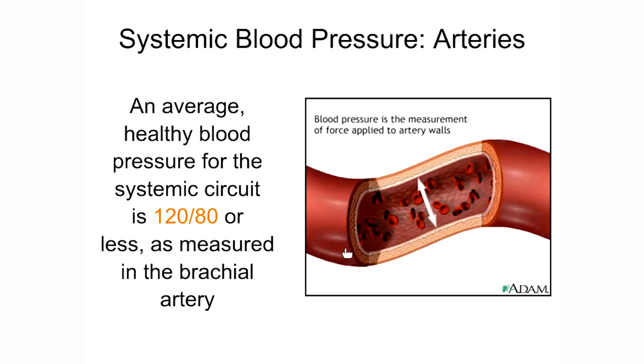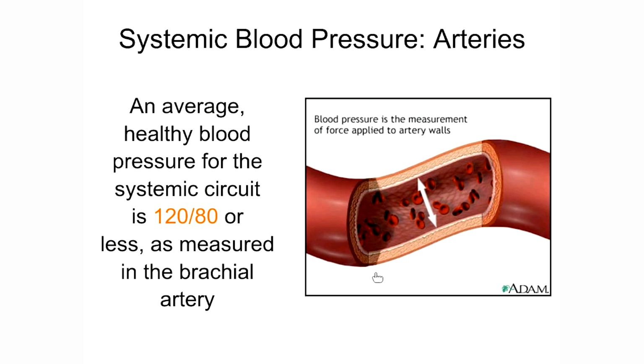Basically, blood pressure is the force that is applied to blood vessel walls by the blood that's contained within it. So if you look at this little vessel here, we've got a portion of the wall removed so that we can see inside. And we've got some blood, which is cells and fluid, contained within this blood vessel. And that fluid, the blood and the cells, is putting a pressure. It's applying a stretch, basically, or a force to the blood vessel wall. And when we're measuring blood pressure, that force, that stretch, that pressure that's put on the blood vessel wall is